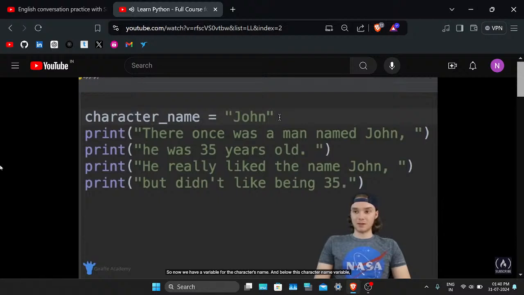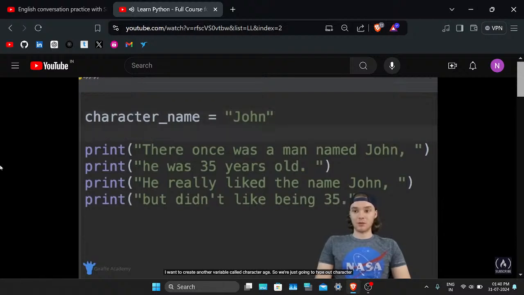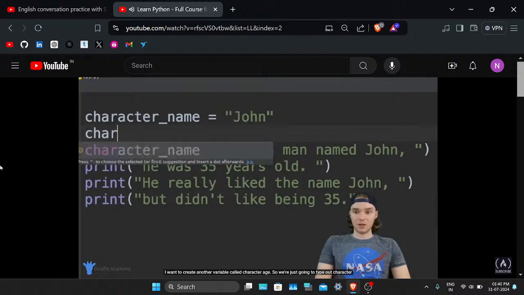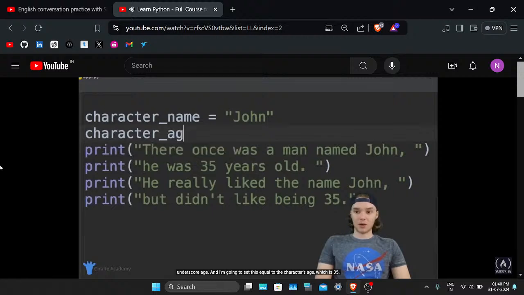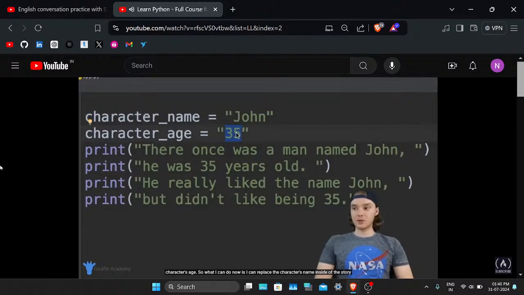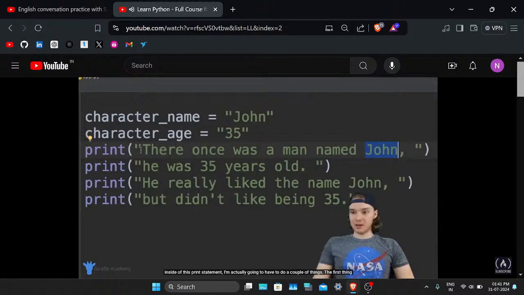And below this character name variable, I want to create another variable called character age. So I'm just going to type out character underscore age, and I'm going to set this equal to the character's age, which is 35. So we now have 2 variables, one representing the character's name and one representing the character's age. So what I can do now is replace the character's name inside of the story with this variable. And I'm going to show you guys how to do that. So if we want to put a variable inside of this print statement, I'm actually going to have to do